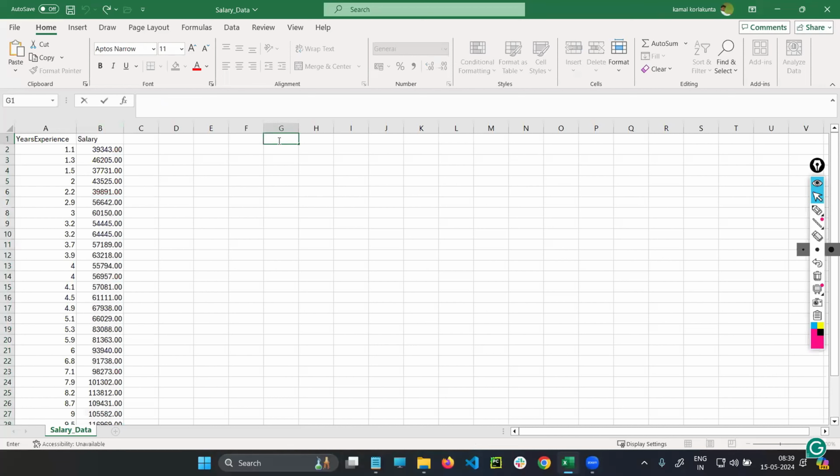I will create a column here. Let's say I'm going to create a column called age column. So in the age column, I'm writing 4 years age,